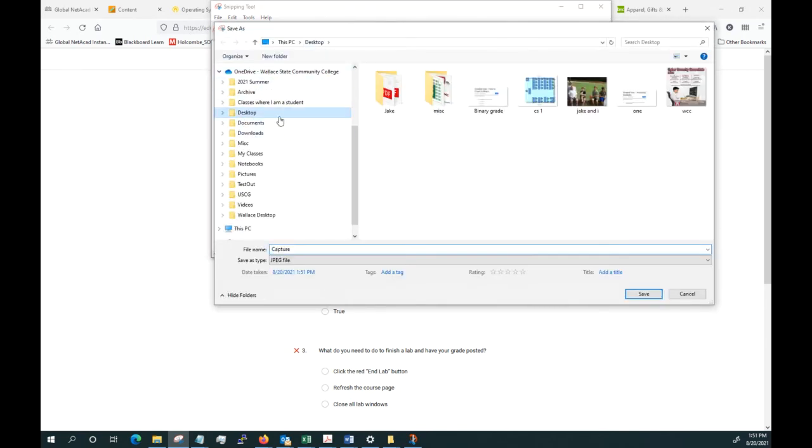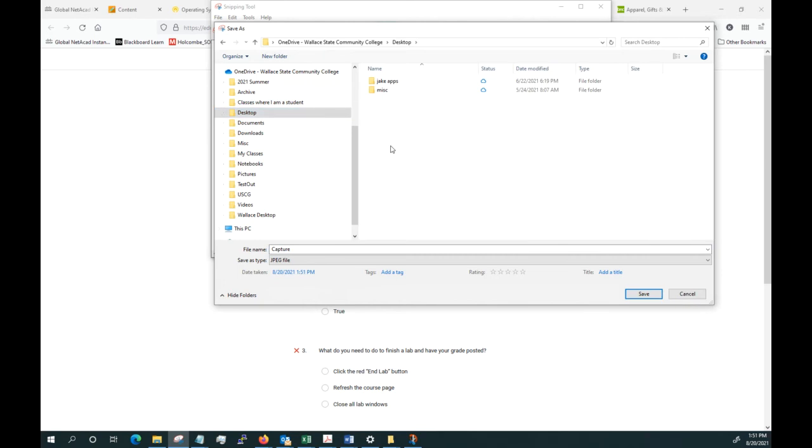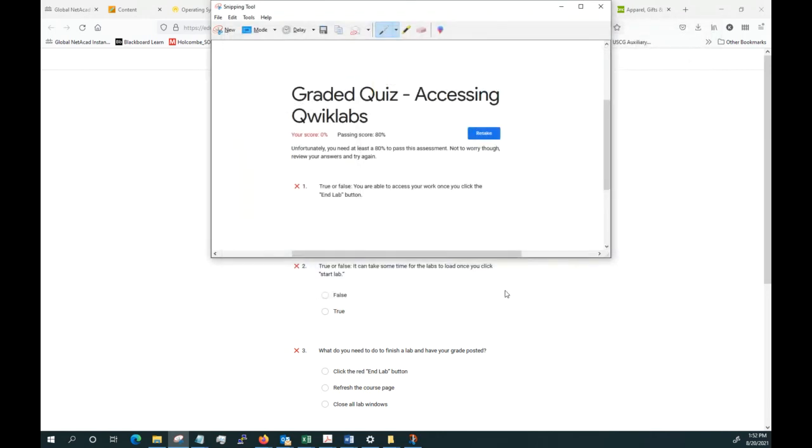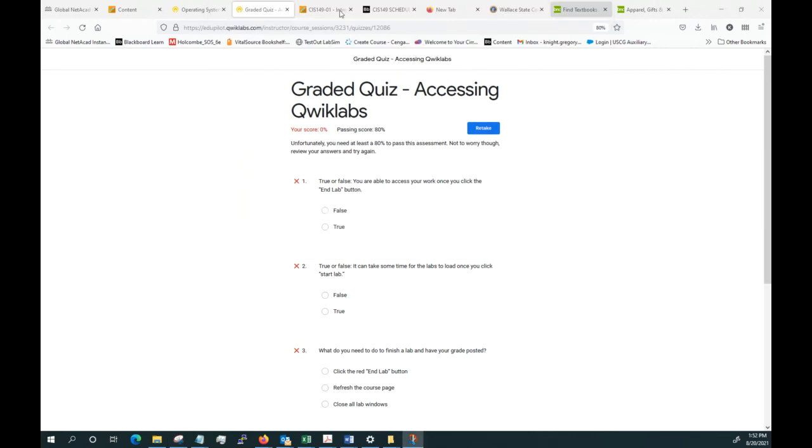We're going to save it somewhere where we can find it. So I'm just going to say, we're on the desktop. It doesn't really matter what you name it, just something where you know where it's located. In this case, it's on the desktop. I got that name. The reason we're doing this is you want to be able to submit in Blackboard